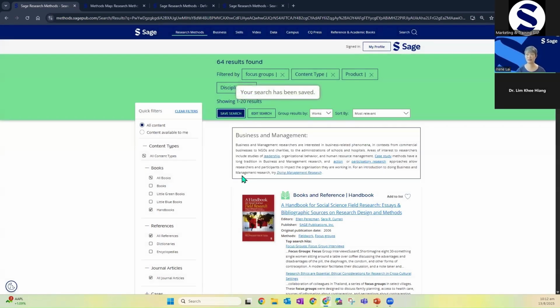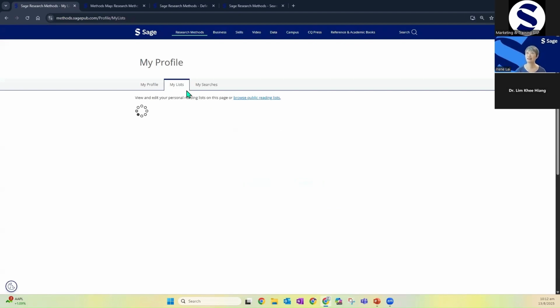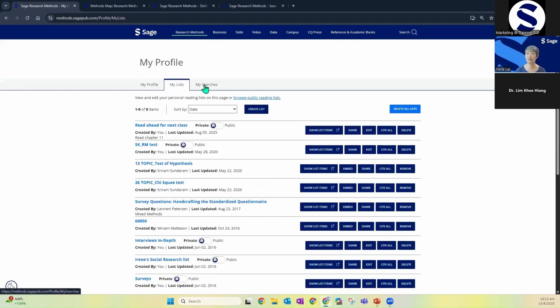And just click save. So this search is then saved for your use. And how do you go back to find your saved searches? You can go back to profile if you have already created. You can see view my profile, view my list. Click on view my list. So these are the lists I've got, and since that was a search that you have saved, you can go to my searches